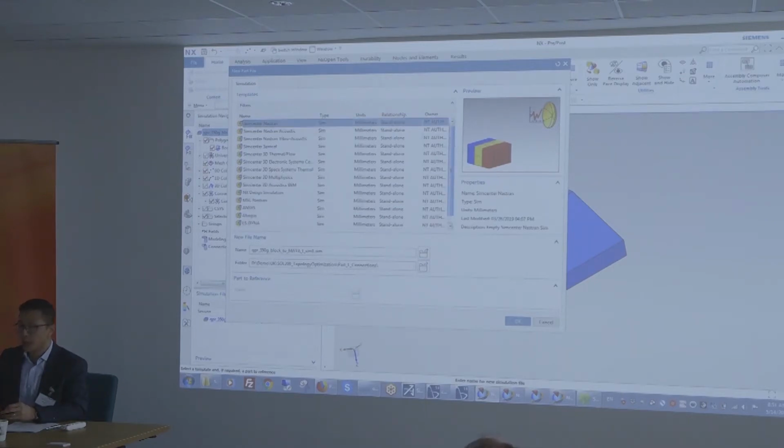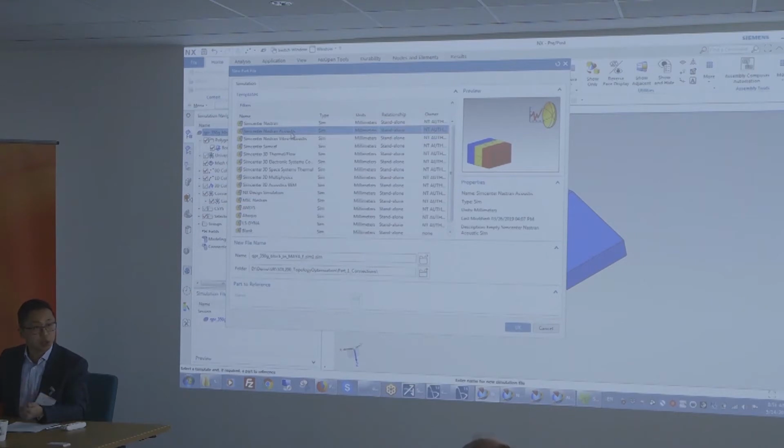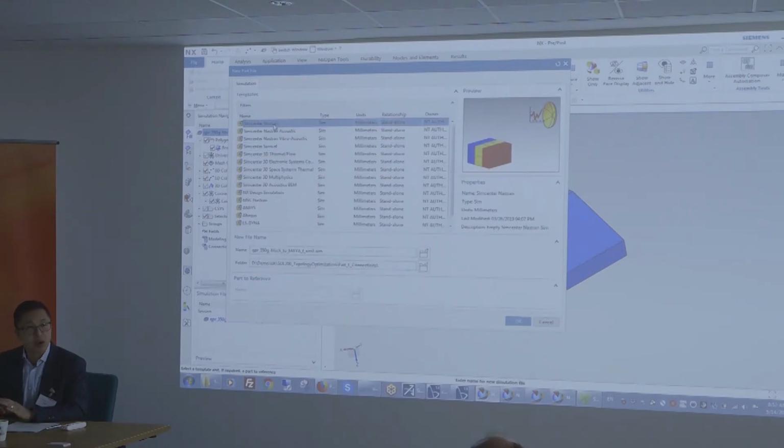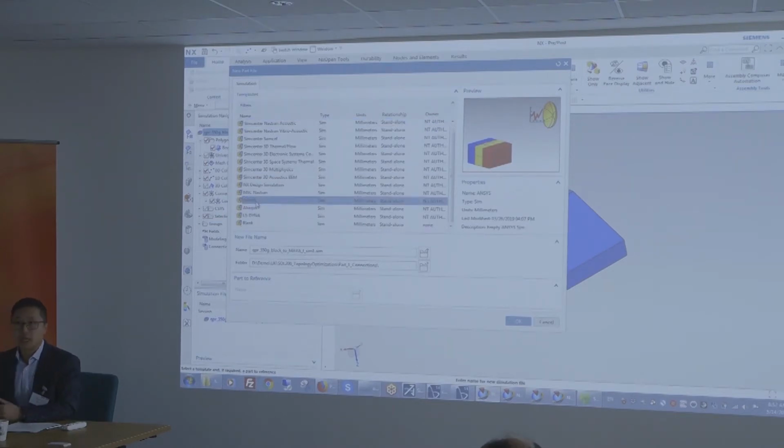Here is a quick summary. Structure, we can do acoustics and vibroacoustics, thermal, flow, or multiphysics for some of you if you do coupled analysis, thermal and structural. The key here is that it is all the same environment. Even if you choose a different physics, from Flow to Nastran, you won't see a different UI. You won't need to export or open a new window in different software. It's all seamless. So you'd just be doing your pre-processing within it, and then ANSYS would do the number crunching. Exactly.